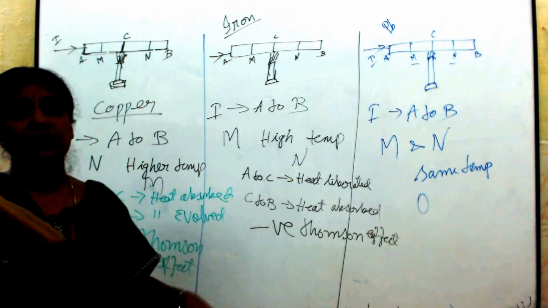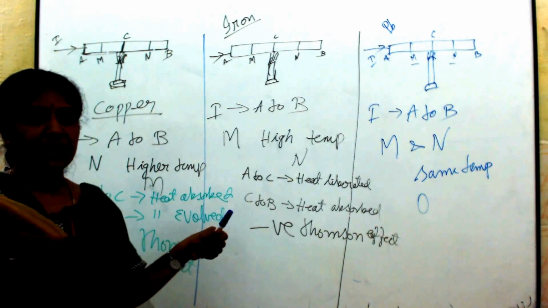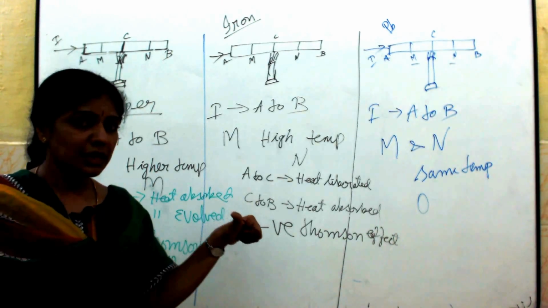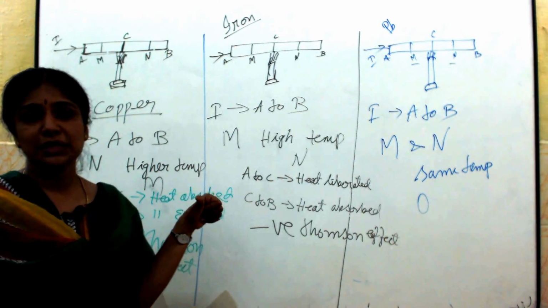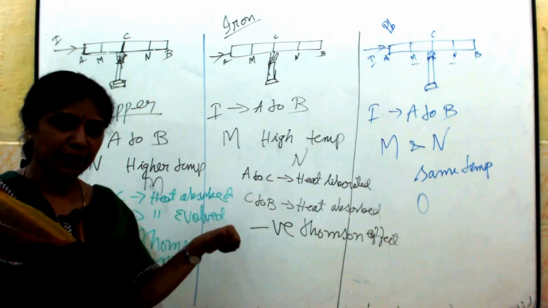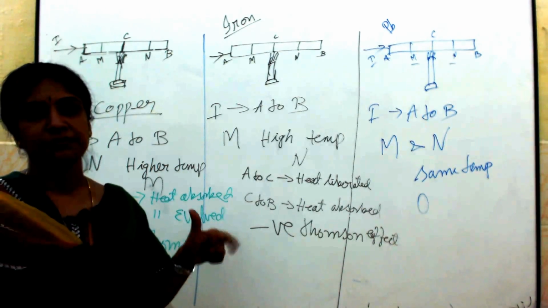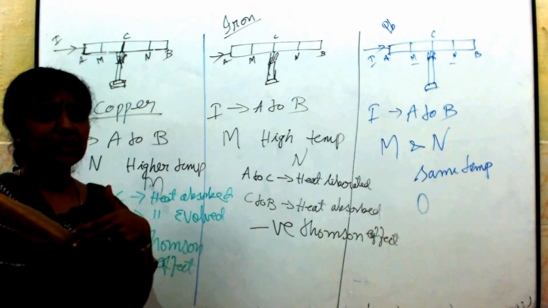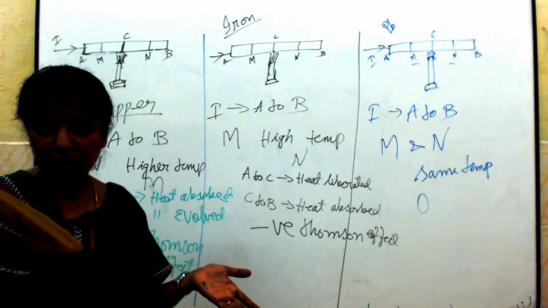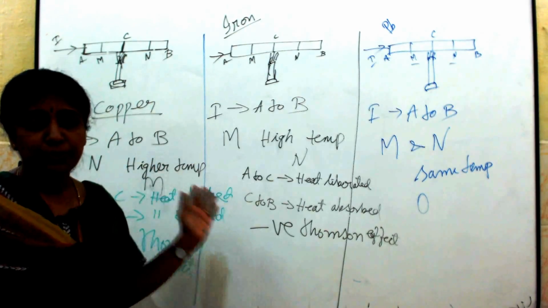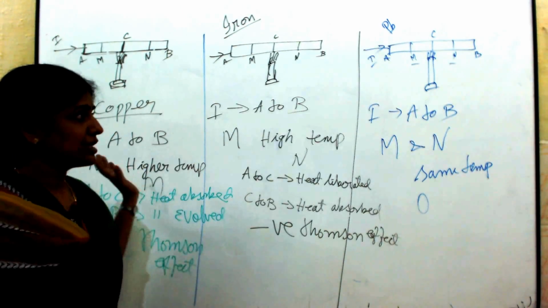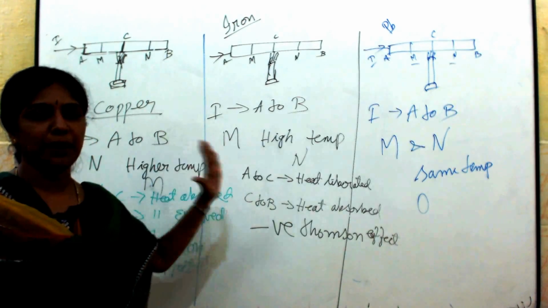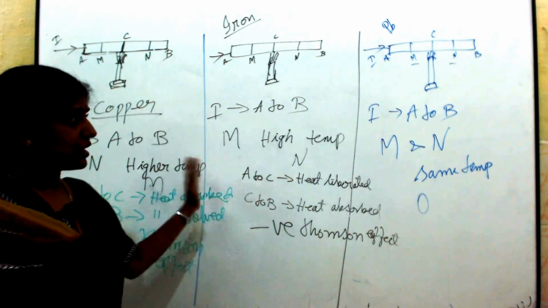What are the applications of the heating effect of current? One is the electric heating device, where we use nichrome as the heating element, because it has high specific resistance, a high melting point, and is not easily oxidized. The second is the fuse wire, and the third is the electric bulb. In all of these, know what alloy is used and its properties; be thorough with all three. Then we saw the Seebeck effect, Peltier effect, and Thomson effect. The Seebeck and Peltier effects are reversible. You will see the remaining in the next class.